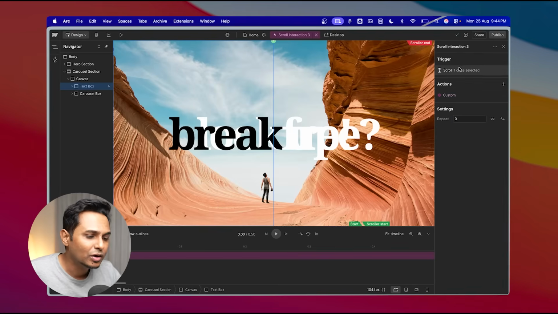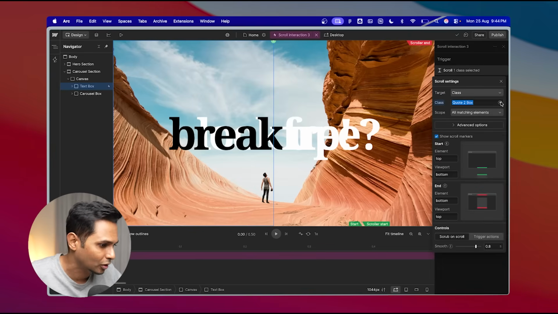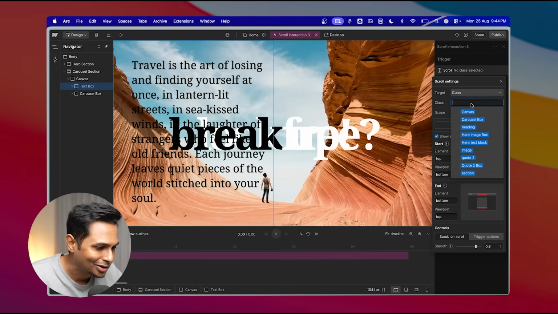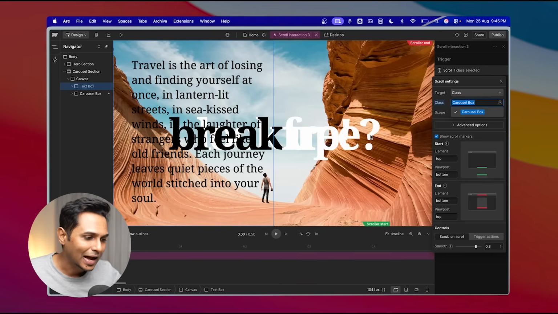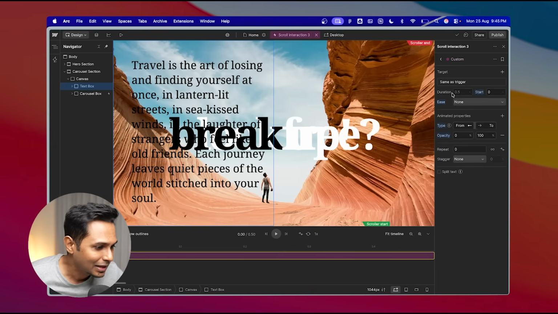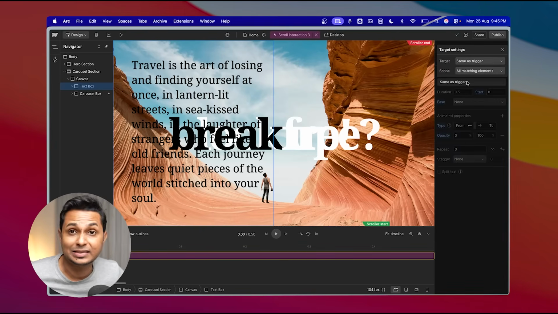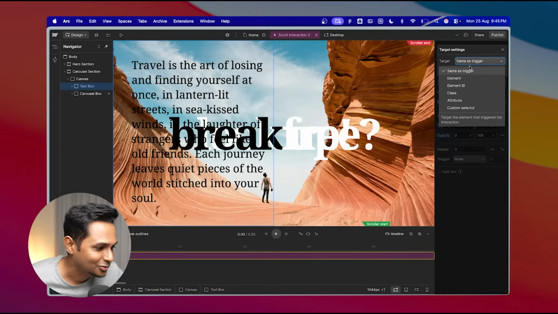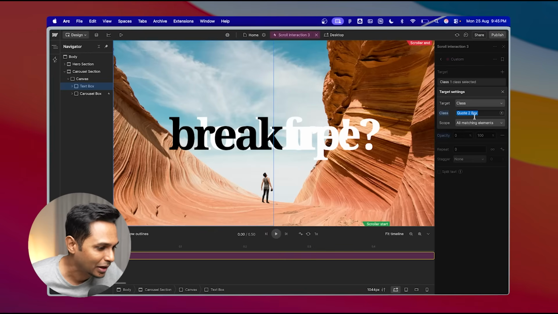The only thing is we will change the trigger here. We want the action to be on this text box, but we'll change the trigger to something else. So just see what we do here. I'm going to change the trigger to carousel box 2, which means I'll be able to control when the carousel box moves through a certain spot, then add the actions to this text box, right? That's what I'm trying to do. But the moment you change the trigger out here, the action thing also changes here because it says same as trigger, right? So we'll change the same as trigger to a class and we'll individually pick this one, which is